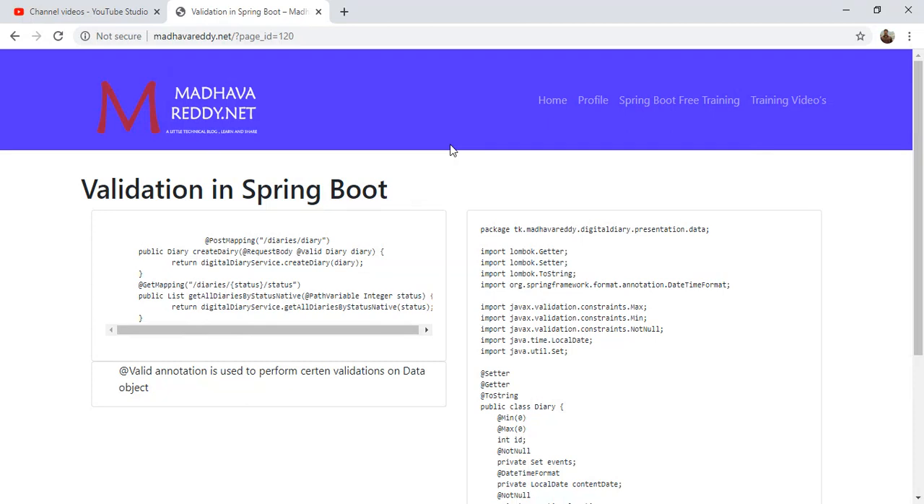Going to discuss Spring Boot validation. What is validation? Validation is a simple check before going into the service layer or persistence layer. The data should be validated, and if it is valid data, it should go to the service layer or persistence layer. That means during the presentation layer itself,